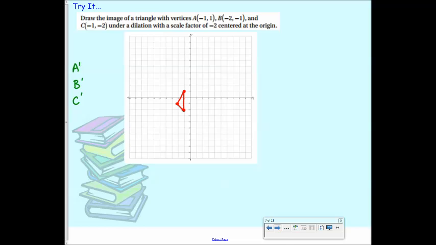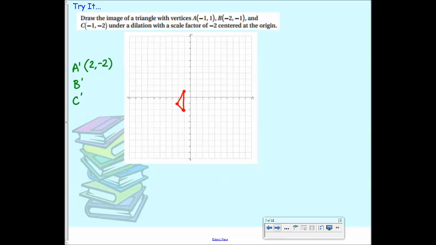Scale factor means I multiply. So you multiply all the numbers by what? -2. So A prime would then be what? +2, -2, because 1 times -2 is -2. B prime would be +4, +2. And C prime would be